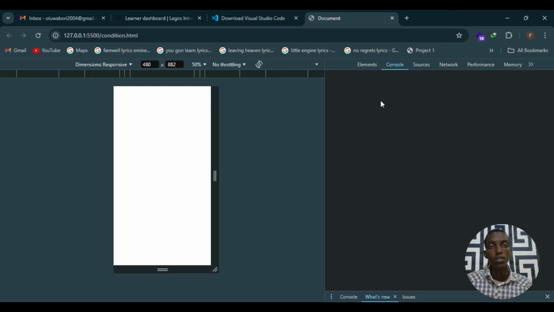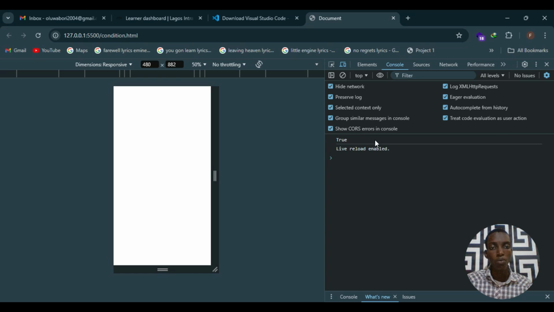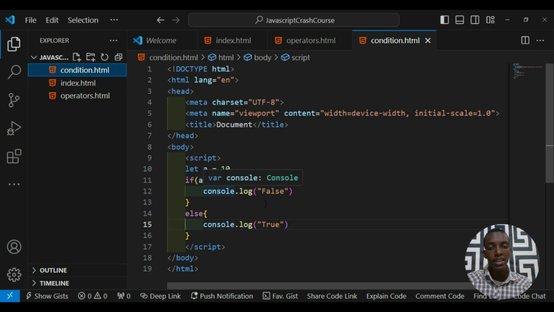Let's run this. Now it's telling me true. Why? Because a is actually greater than 10. Now I'm saying a less than 10, meaning that it is not up to 10 but actually